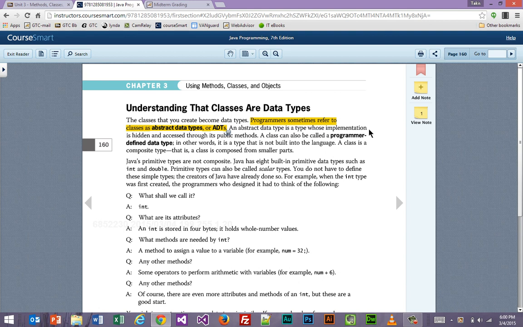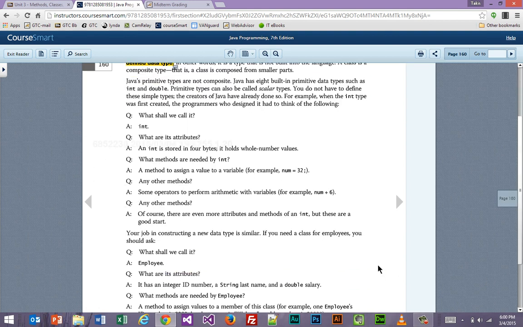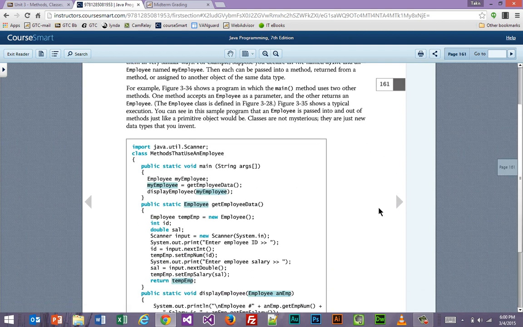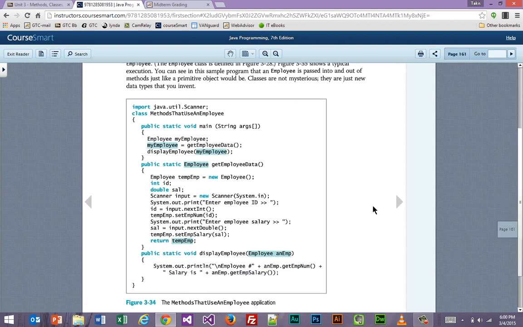They also call them programmer-defined data types. But really, whenever you create a class, it really is a data type. And they will use some example here. Let me see if I can find one. And basically, whenever you are invoking something in this fashion,